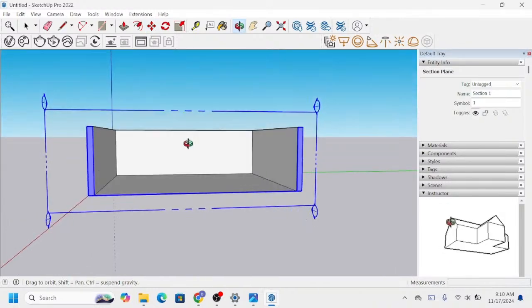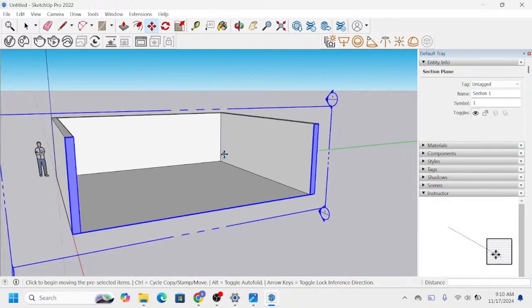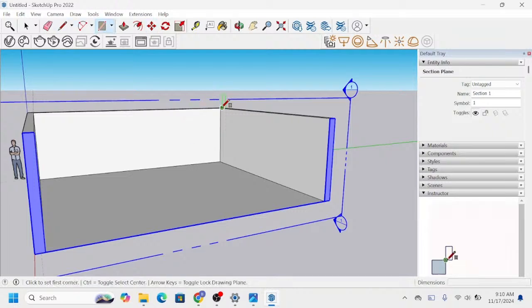Okay, so what this does is that it gives me a point of view so I can see what is inside of the space that I've just done. So we'll start by doing our cabinets. So we want to have a sort of cabinet from the top here that extends